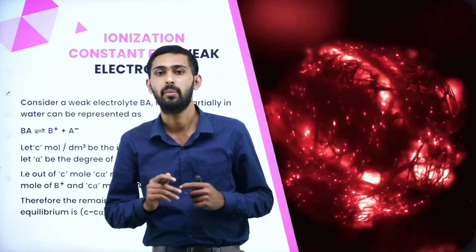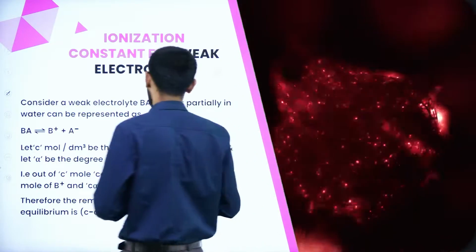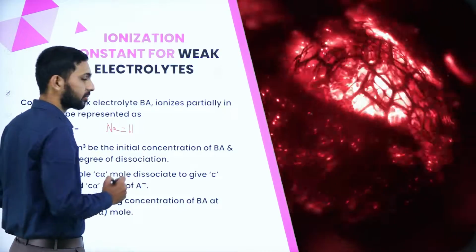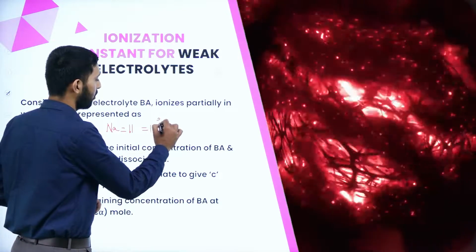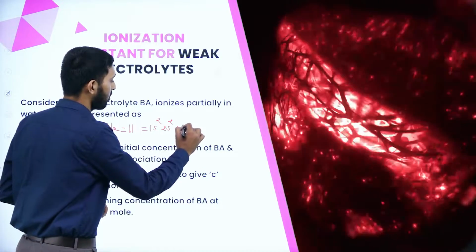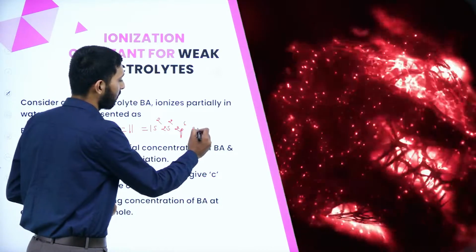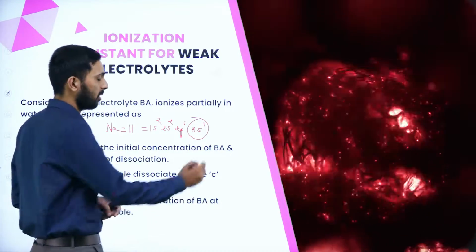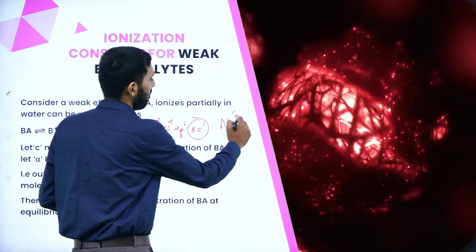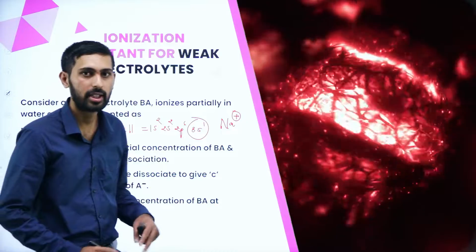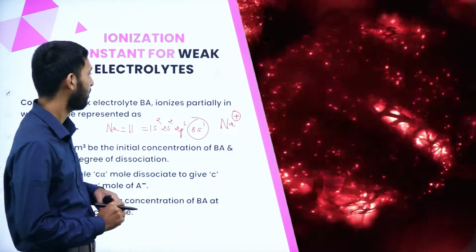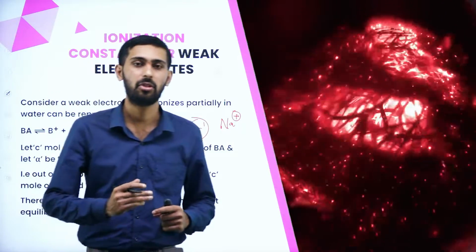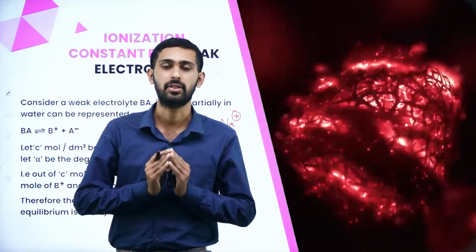For example, sodium's atomic number is 11. So you should write the electronic configuration like this: 1s2, 2s2, 2p6, 3s1. Correct, right? Now let us remove one electron from sodium. What will happen? It will be converted into ionic form, that is known as a cation, because it has lost one electron. But how will you remove the one electron from sodium? By taking some amount of energy, that is known as ionization energy.